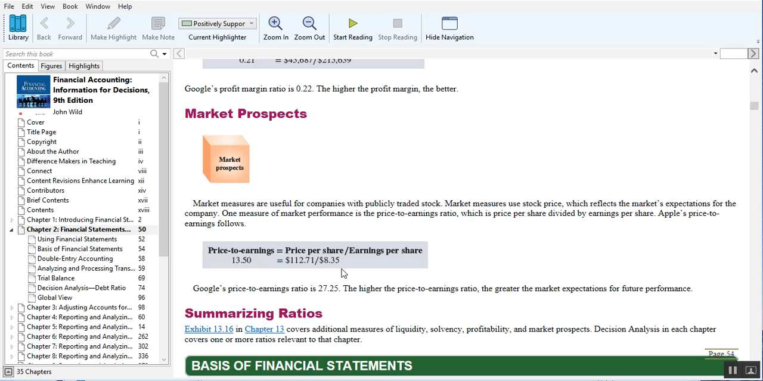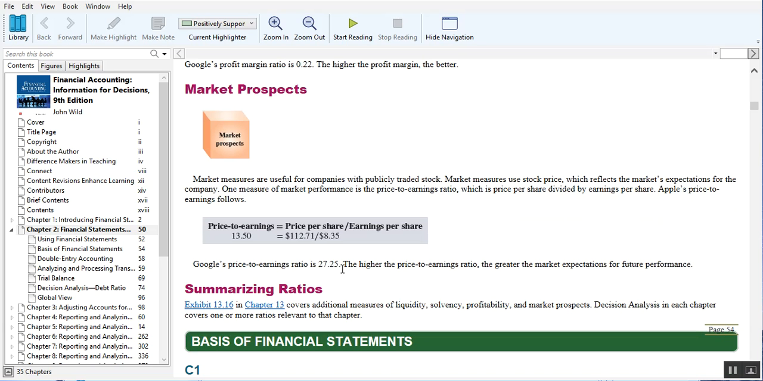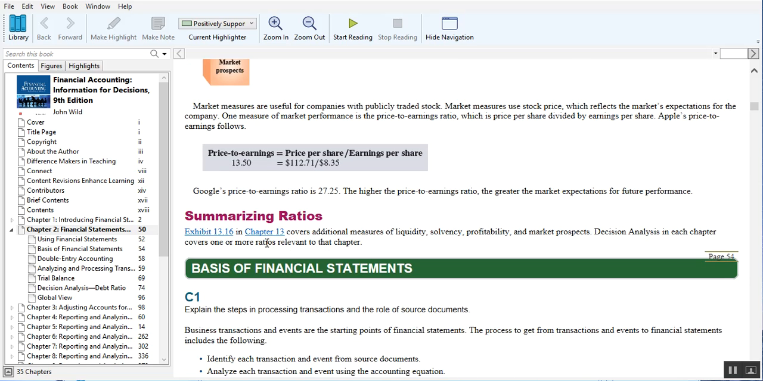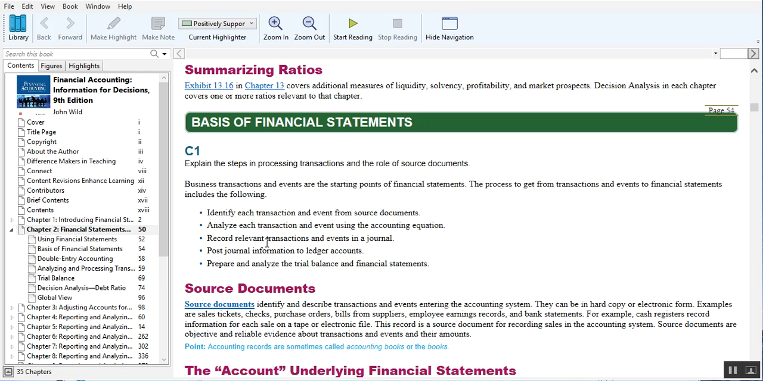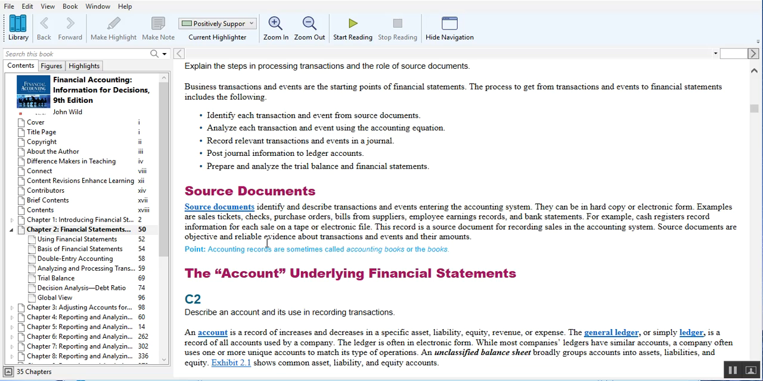fairly high. I mean, normally it's in the cents. You're not over $1 on many large companies that have a lot of shares of stock. So it depends on how many shares are outstanding and what kind of profit they have. Here, Google's price to earnings ratio is 27.25. But in this case, we were looking at Apple. Their price to earnings ratio is 13.50. So, I mean, those are basically ratios that are used to analyze how a company is doing in their financial